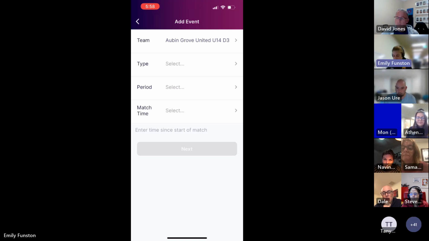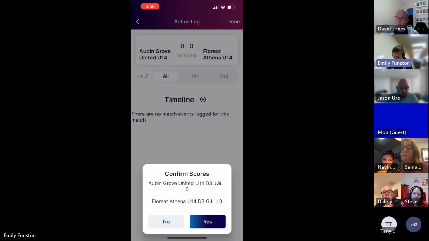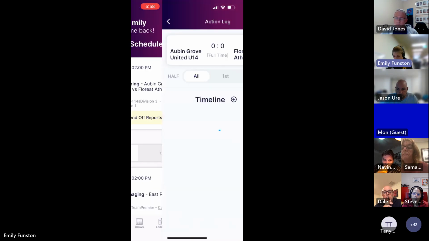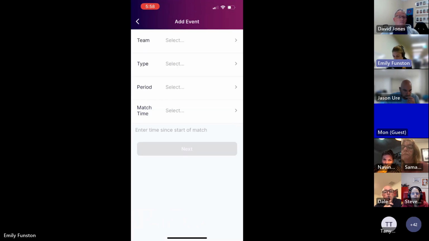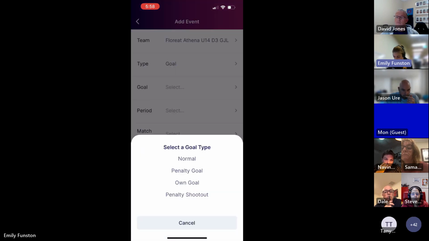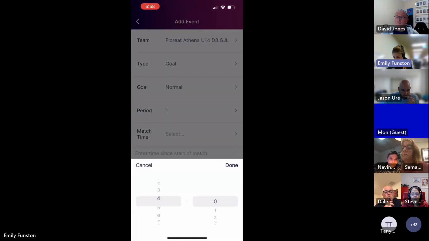Okay, so I'm just going to go back through and add this game here. So just the same way we got to this, you're just going to go into the match the same way we added the score. So you're just going to add the team, let's say Floriet, goal, normal goal, then the time,